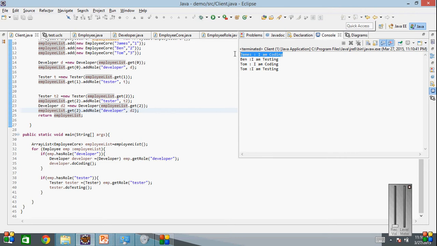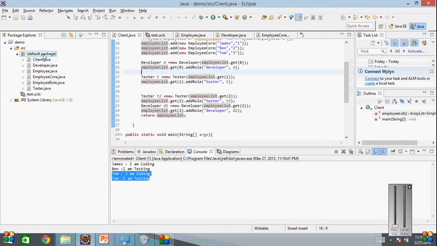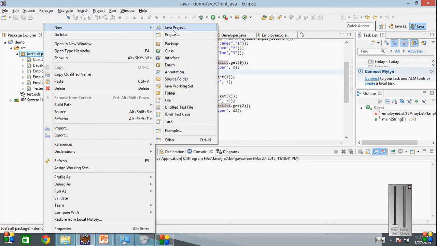So these are the results. James: I'm coding. Ben: I'm testing. Tom: I'm coding, I'm testing. So we see how a single object can play the role of developer as well as tester. So in case I have to add another role, what I have to do is